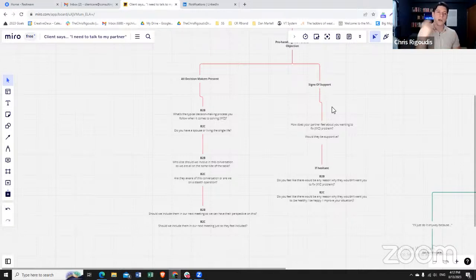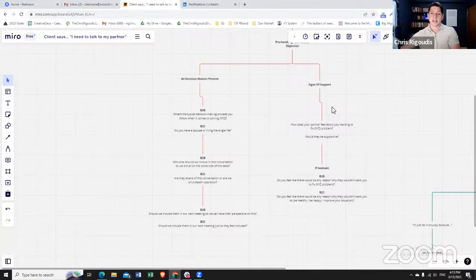And also with Andrew, I probed a little bit because he didn't unravel any of their history, right? How has he been supportive so far? Or he contributes with the gym membership, he does this, he does that. If I sense any hesitancy, I can say, well, do you feel there would be any reason why they wouldn't want you to fix X and Y and Z? Now, what might come up here is, oh yeah, he's all on board as long as we can afford it, right? Can you see that happening both in B2B and B2C?